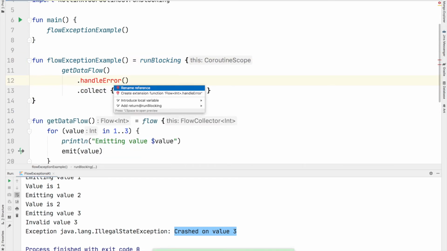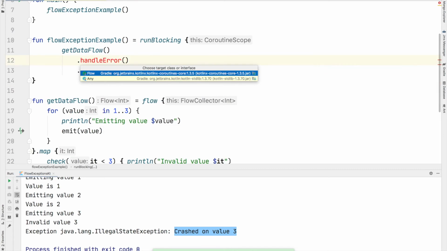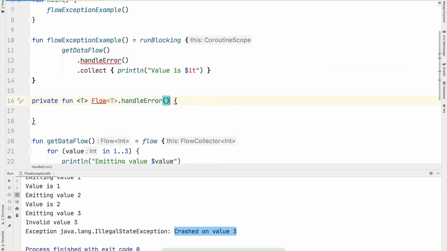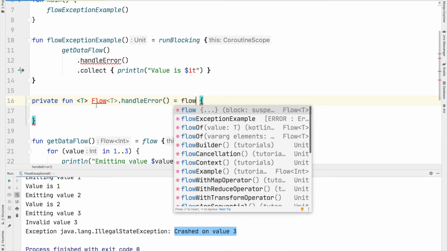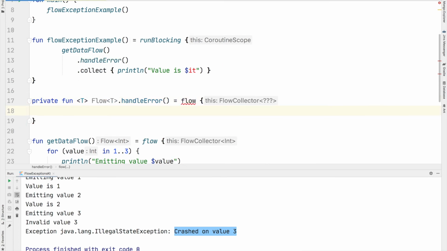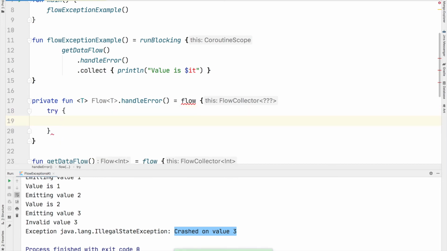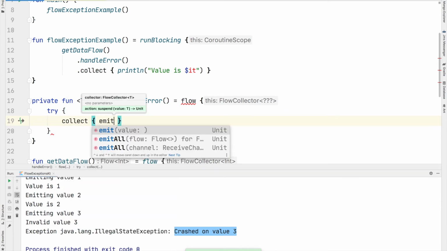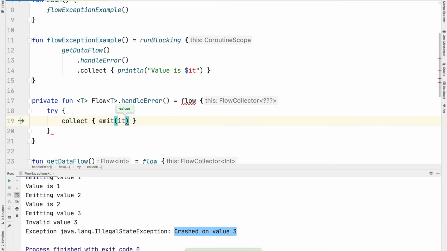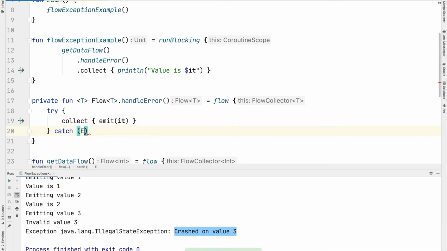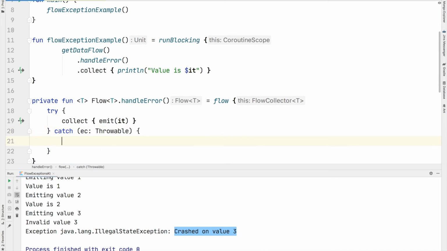I will create this function as an extension function of Flow, okay, which will simply return me a flow. So here I'll return a flow. I will import this. Here in this method, I'll simply encapsulate the exception handling part. So for that, I'll need to use a try catch block. So from inside this, I'll simply collect the values from here, and then I'll simply emit those values from here, okay, and then I'll add a catch here. So any exception will be caught here, and then from this catch block I'll simply print the exception. So I'll simply say exception, and then I'll simply print the exception variable.